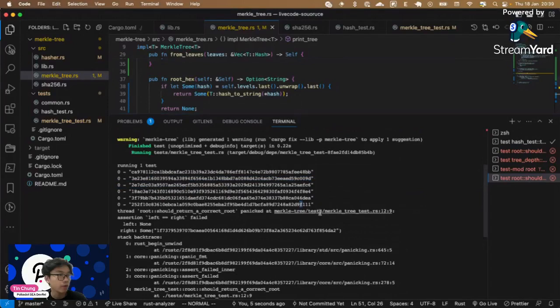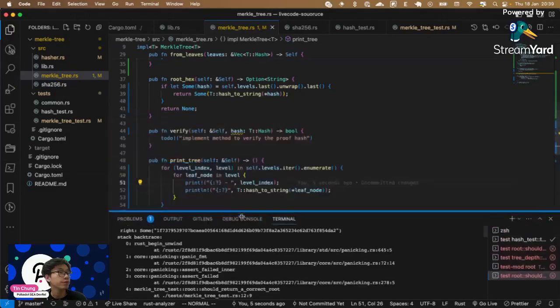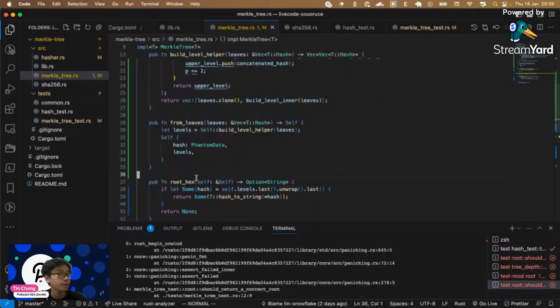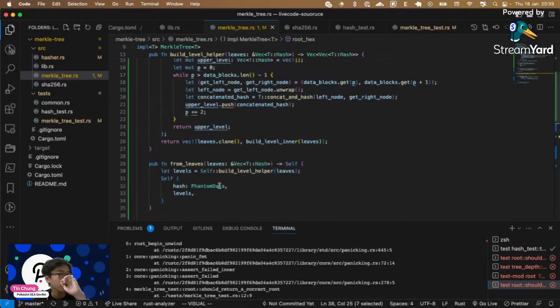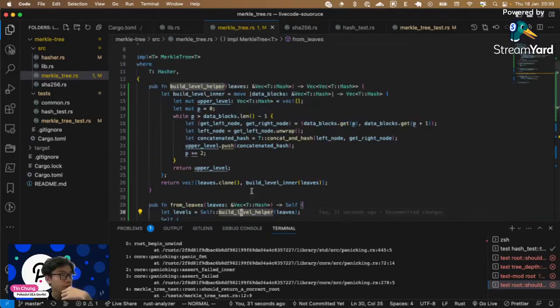All right, so our base layer, that's a block layer. We have all the hash. Now let's go to the method from leaf. So from leaf, as right here, view level helper. Then we provide the data block. In the data block,